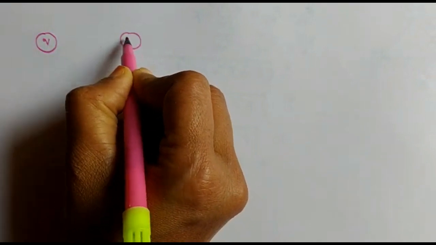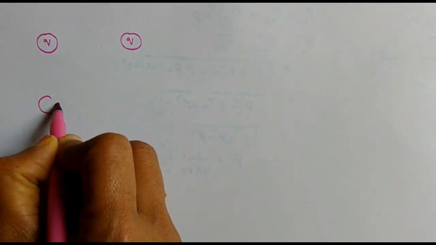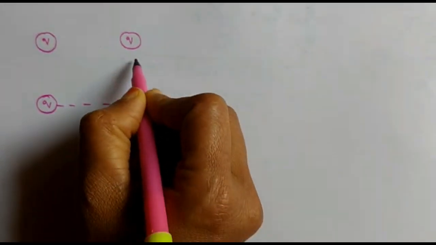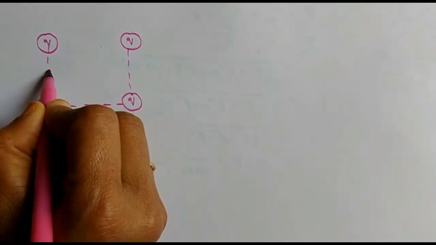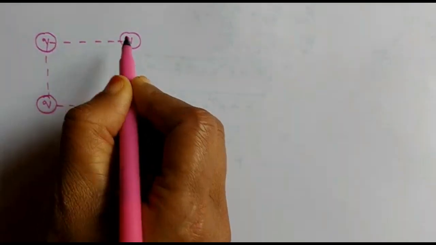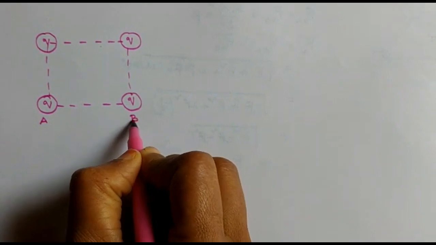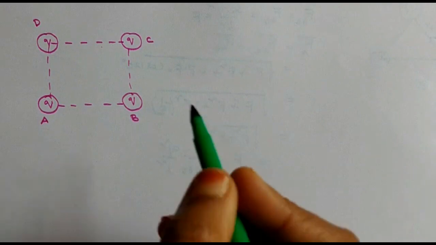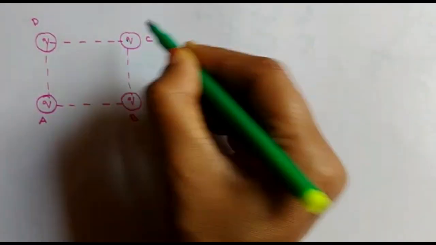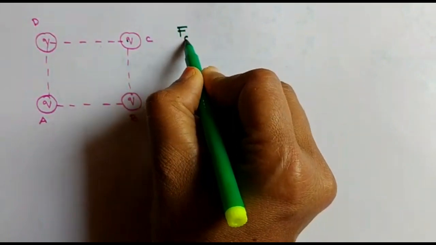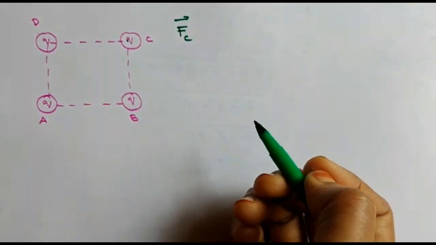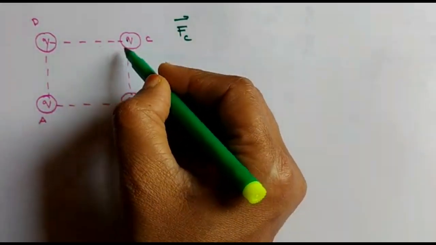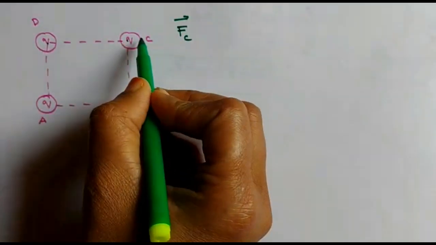Let all the 4 charges be placed at the vertices of a square. Side of the square is given as L. The question may be to determine the force acting on any one of the vertex, or force experienced by the charge at the vertex. Okay, so I will take this as the vertex. We need to find the net force acting on C. First, identify the forces acting on C. There are 3 forces acting on C. One due to A, another due to B, another due to D.